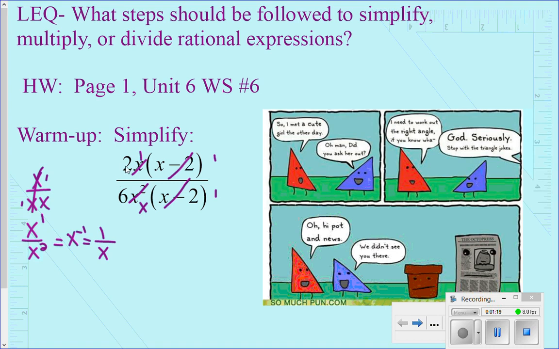Lastly, 2/6 we know simplifies to 1/3. So after I simplify everything that I can, I'm left with just a 1 in the numerator and a 3x in the denominator, and that's my answer. Now, after we went over the warm-up, and most students had that as an answer, 1 over 3x, we then